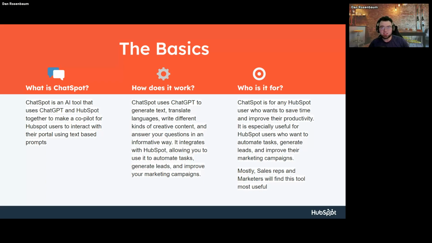It's an AI tool that talks to HubSpot that also talks to various pieces of the wider web and some other tools. It works by making a request to the ChatGPT framework, pulls it back into ChatSpot for you, and helps with writing content, with answering questions about records in your CRM, and it just generally integrates with HubSpot, as I said. And as far as who's it for, I'd say just about everybody.